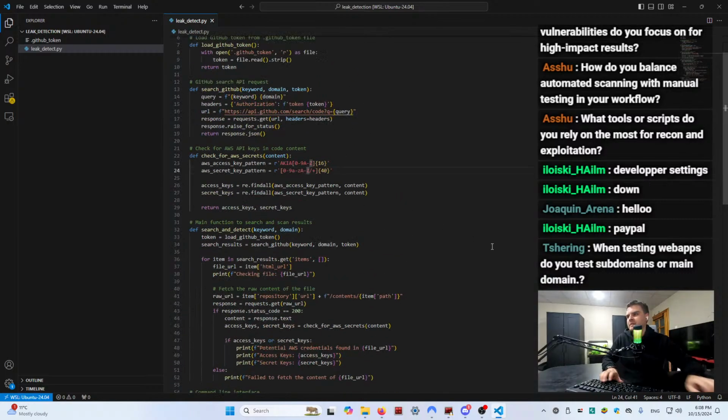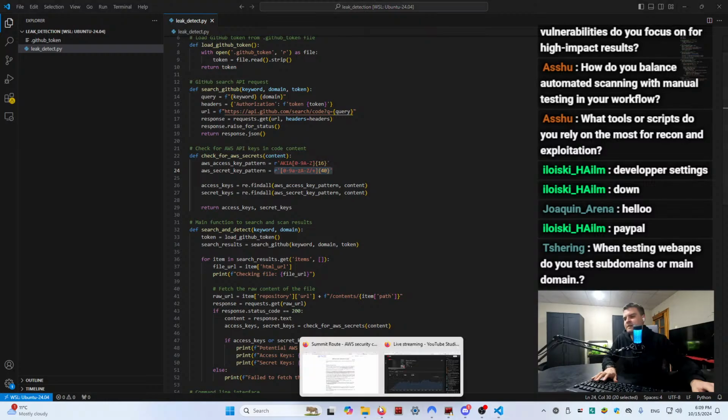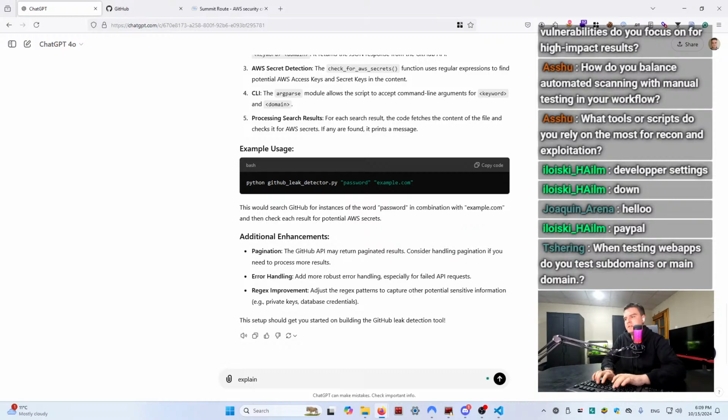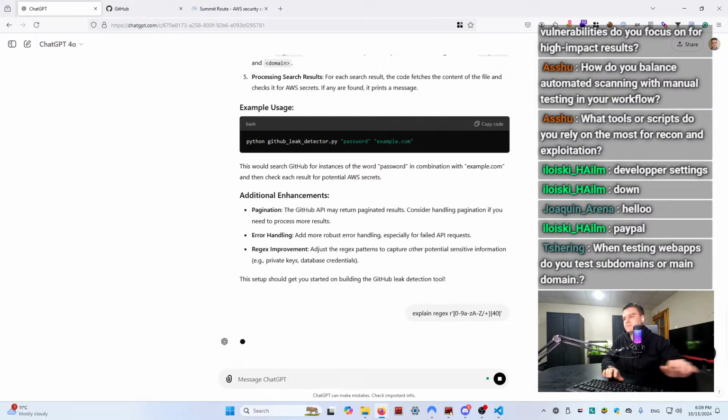this pattern is really generic, because what it's basically saying, I can explain what it does. Actually, it is looking at all the alphabet, both lowercase and uppercase letters, and all the numbers, and it has to be 40 characters length string. So I can basically do the same with ChatGPT, like explain this regex, and it will